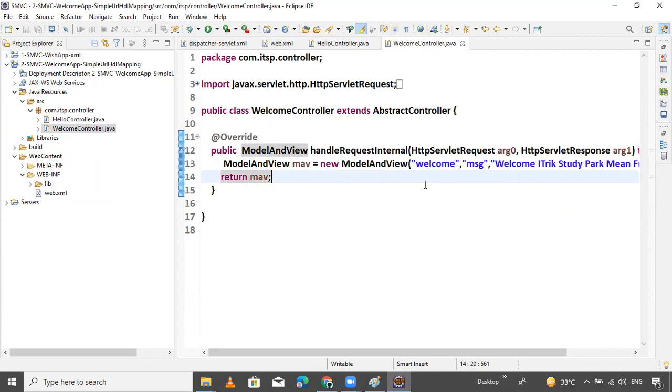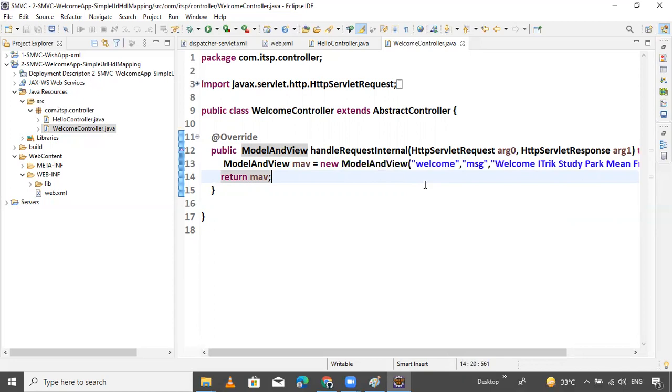Simple. Try to recollect the previous class execution flow. First, the dispatcher servlet. I give the request to the dispatcher servlet, the dispatcher servlet finds the handler mapping, and the handler mapping returns the controller classes.